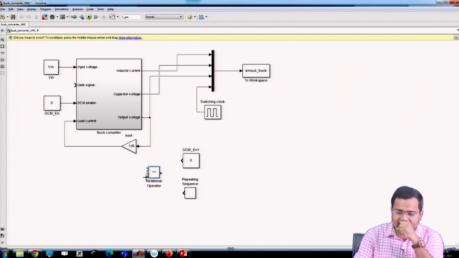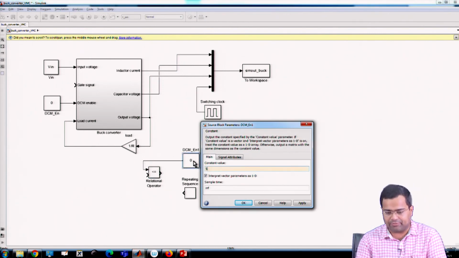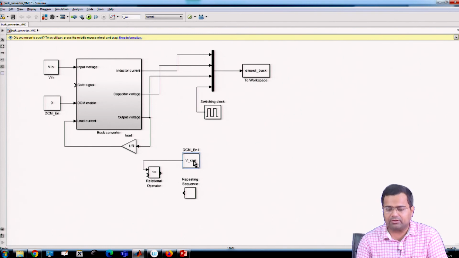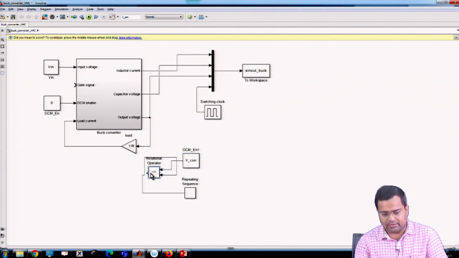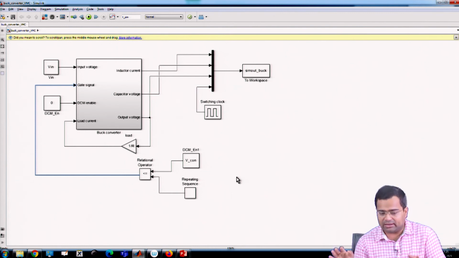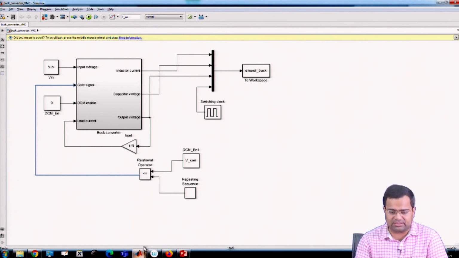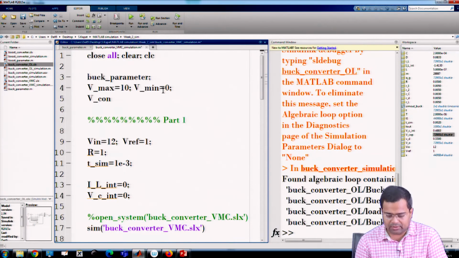That means if my constant, let us say I am setting 5 volt and calling it Vcon, is smaller than the sawtooth, then I will generate a gate signal. We have not yet used the closed loop, we are just generating it, and we need to define what my Vcon is. Vcon equal to 5 volt.